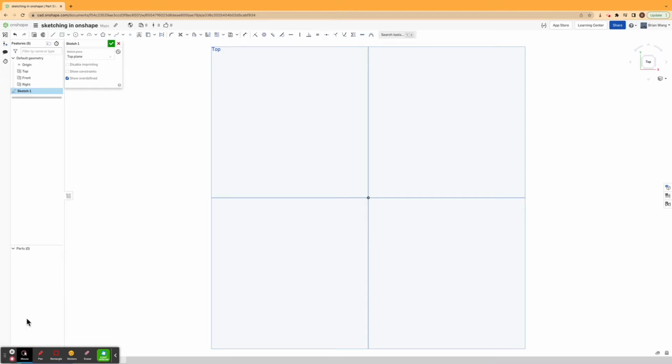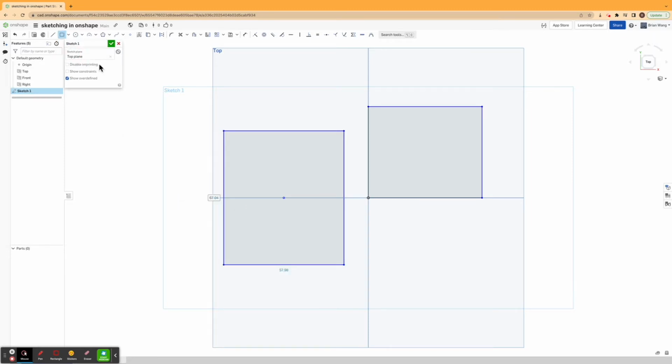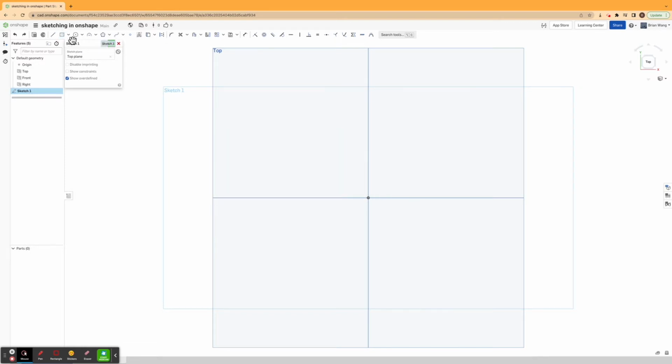So now let's begin sketching. The first way you can sketch is through lines, and this is quite self-explanatory. You simply click 2 points to form a line. The corner rectangle command and the center point rectangle command are also quite self-explanatory. You simply click 2 points to form the rectangle, like so. You can also create circles in Onshape